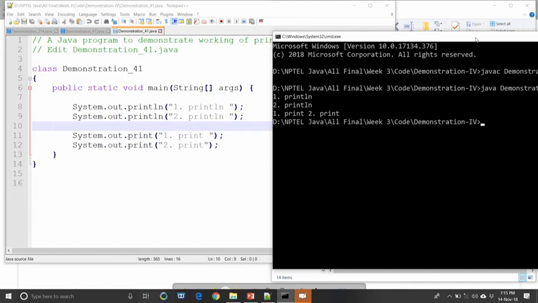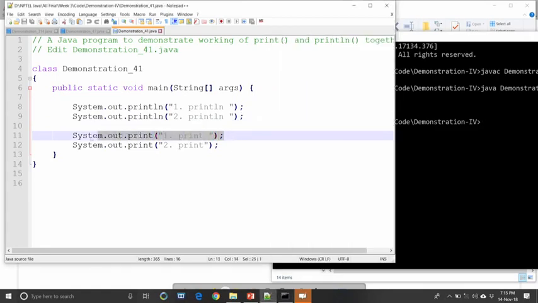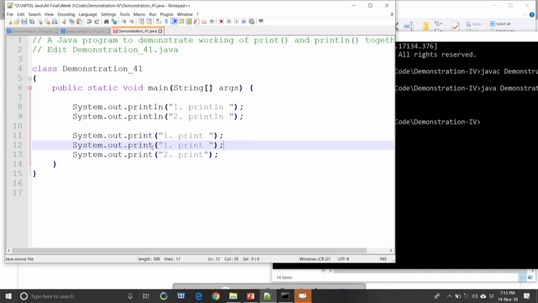Now, I am just adding one more statement, and you will see how it works. After the third print, write again System.out.print and then backslash n. Backslash is like this, not that.